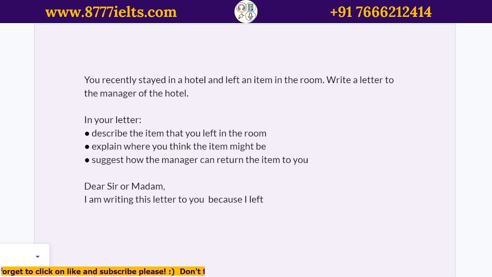left. Well, what kind of item did you leave? Was it your laptop, your phone, your bag? Maybe something else? Could be literally anything. Doesn't matter. It could be a pair of shoes. It could be anything.